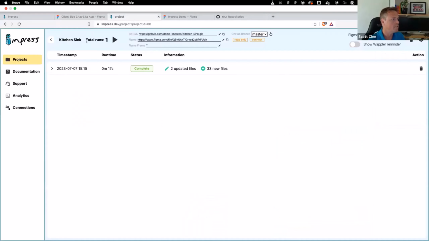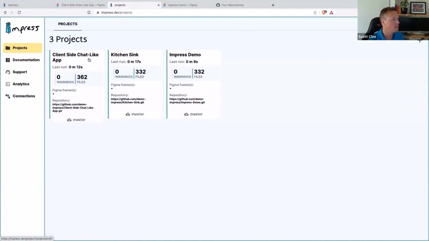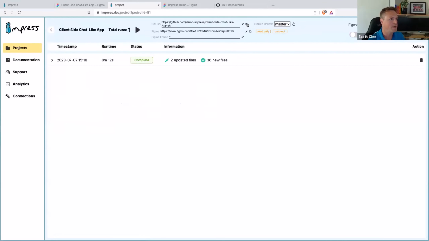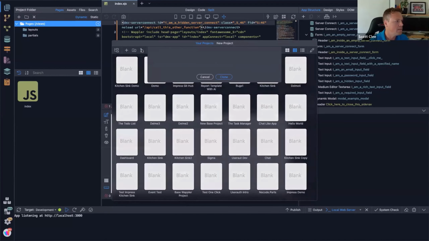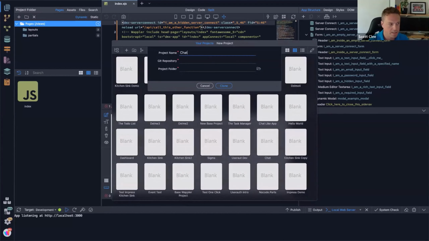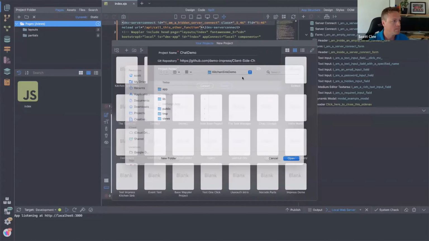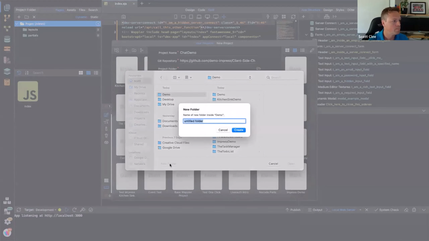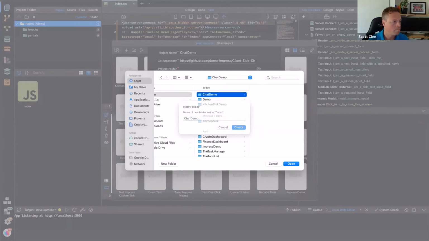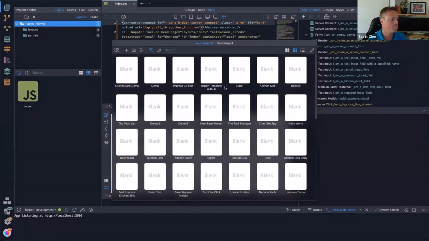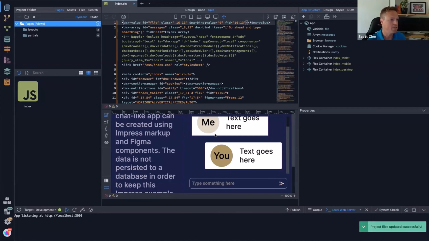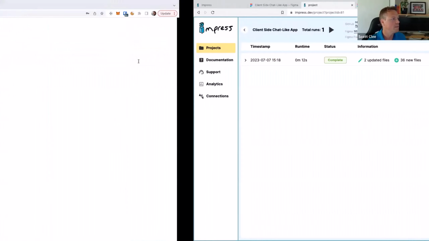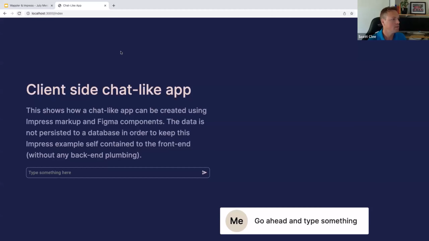If we go back to the project, we've got three projects in there now. Inside app, there we go. Take a copy of that. Create a new project again. Chat demo. And clone. Set the updates. Come over here. You can see we've already got something rendering in there. So if we come back over and reload this, you'll see that this now shows as it did in the design. However,